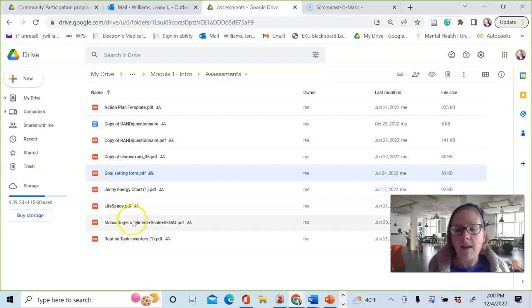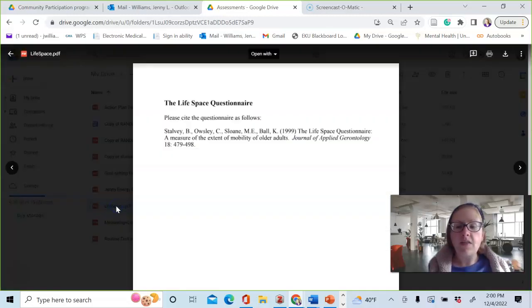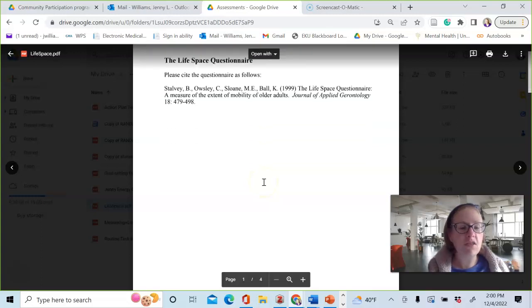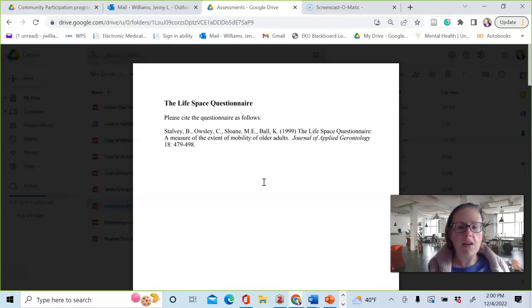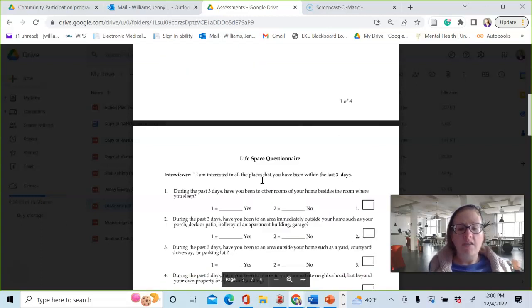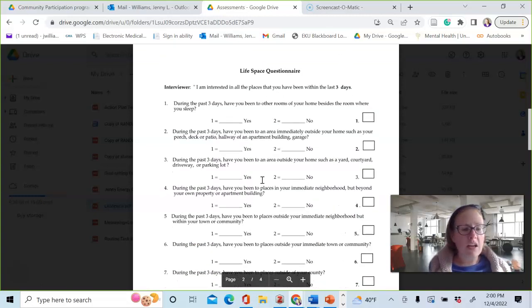There are a couple assessment tools that I think are really interesting in here. Of course, the SLUMS, if you're having some cognitive concerns about your client, just to get a baseline of where they are. The Life Space Questionnaire is a really interesting tool, and this takes a look at how much space a client takes up in life. So the idea behind this assessment tool is the more space a person takes up, the healthier they are. It starts by asking very basic